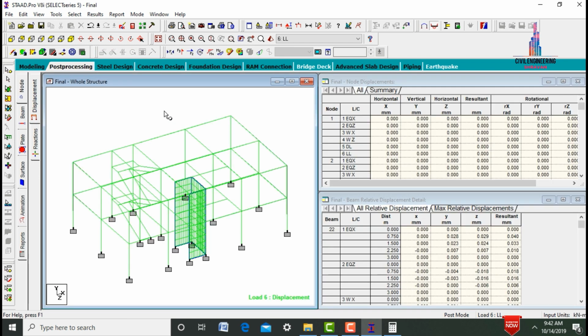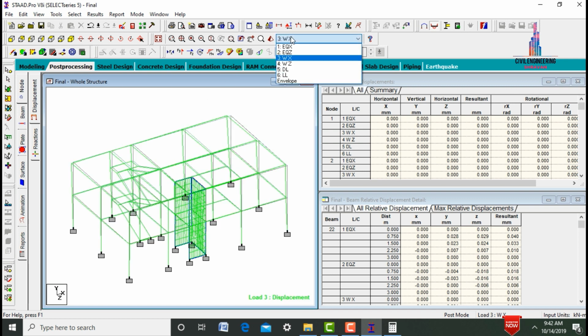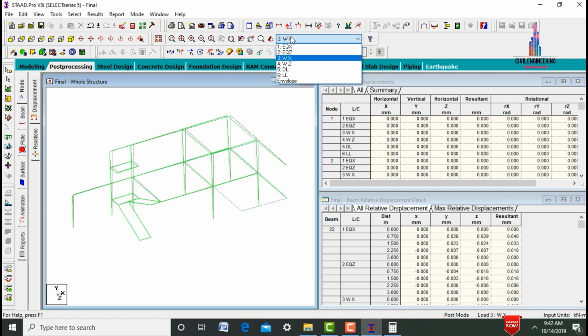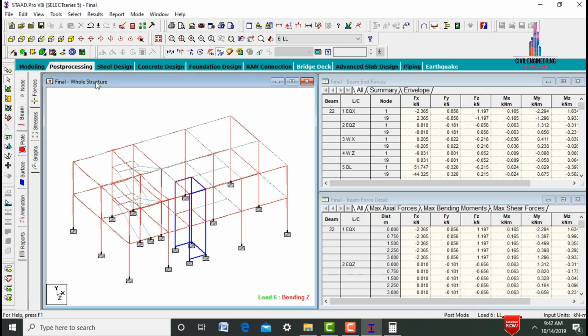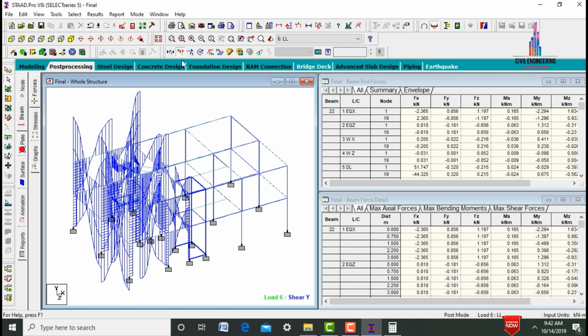This is the deflection diagram for this respective building due to the presence of the live load condition. After that I am selecting dead load condition here, wind load in X direction, wind load in Z direction, earthquake load in Z direction, earthquake load in X direction. After that select the beam option here. I am selecting it as beam, deselect MZ value, select FY value. This is the shear force diagram for this respective building due to the presence of the live loading condition. After that select MZ value, deselect the FY value.